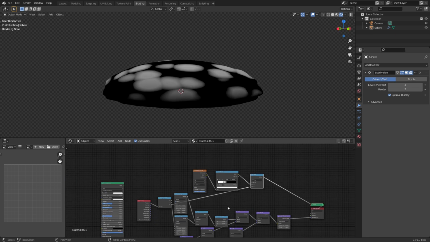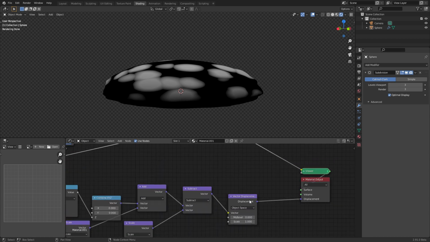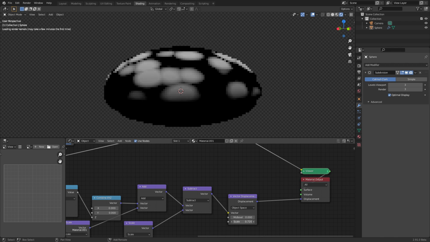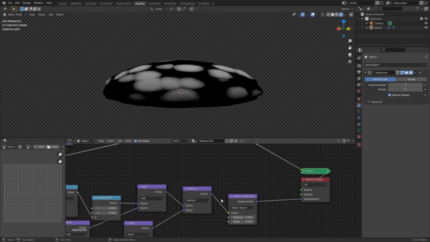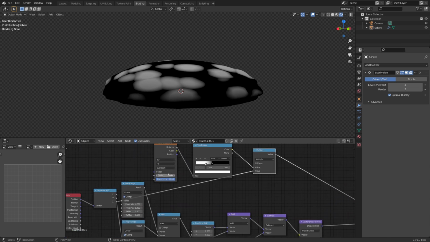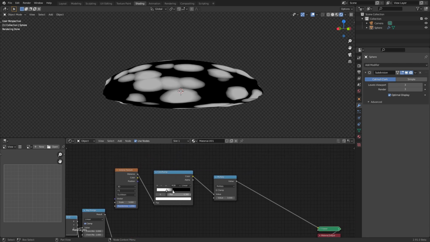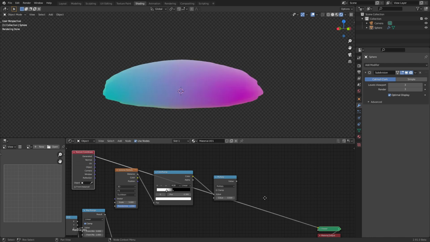The issue with using the Z coordinate from the position is if you then scale this, or maybe it's not an issue. It's kind of looking like it's working. You know what? It does work, but if we were to do more to this, it would introduce a couple of issues, I think. So I'm just going to forget that. I think it might work, but instead we're going to go with my method. This is the kind of thing where your grandpa learned it this way, so I guess that's what you're going to learn. We're going to use texture coordinates, and we're going to use generated coordinates,